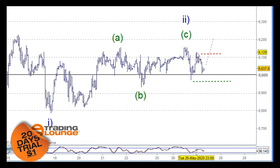The other point here too is that we're expecting the US to make probably another little high, or the Asian markets, Australia, to make another little high, and then fold over. So this could be the right timing for this as well. This little move down through here is not in 5 waves yet, but it can drop down to here and then have an ABC back up here and then move down